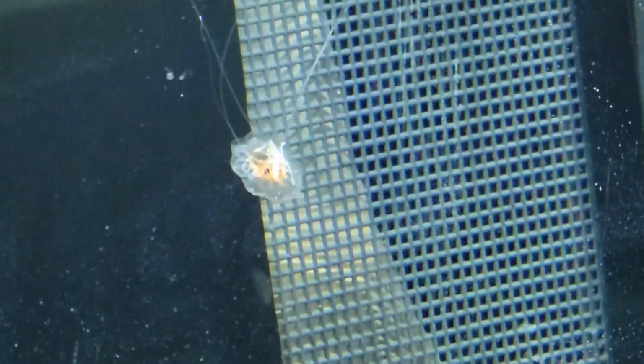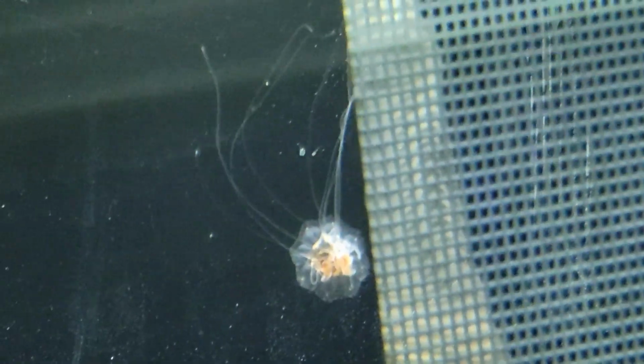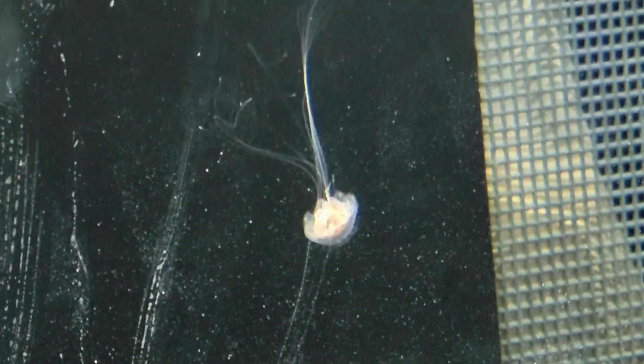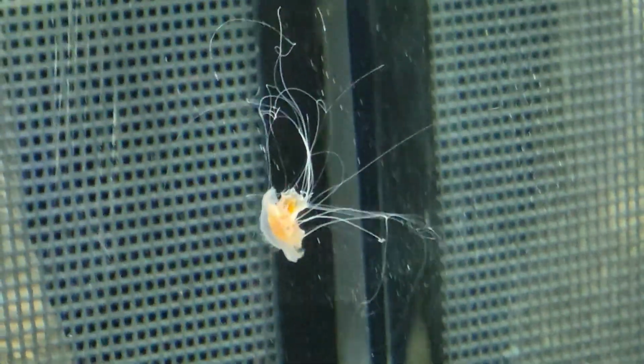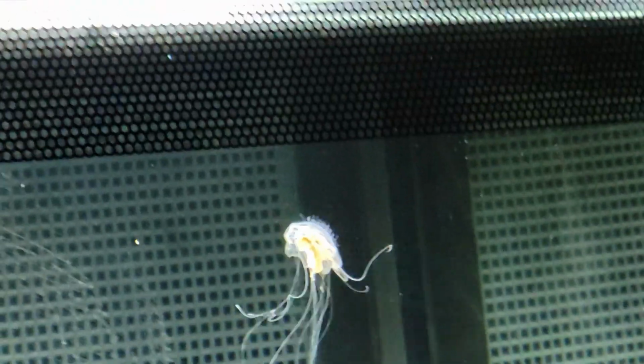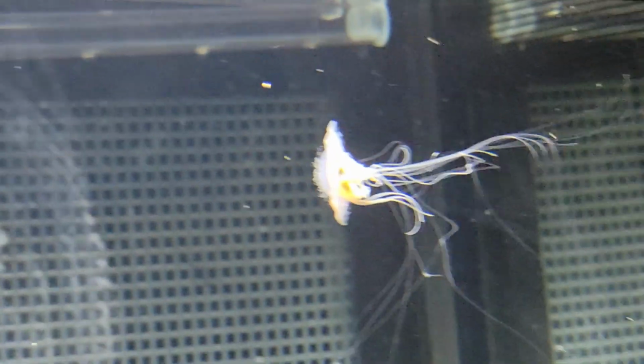Another interesting thing I learned was that originally I couldn't see if they were getting food or not, because with other species of jellyfish, for example the moon jellies, it's super easy to tell. The four circles on the top of their bell just fill up, and that's their stomach, so you can easily tell if they're getting food or not. But with these guys, at first I had trouble identifying if they're actually catching the food first of all